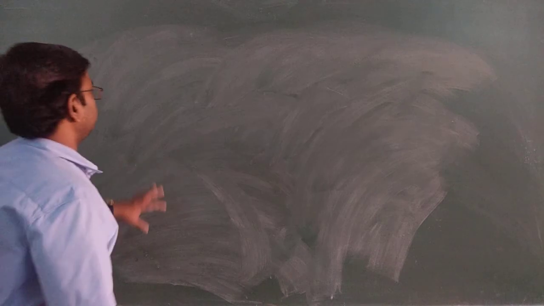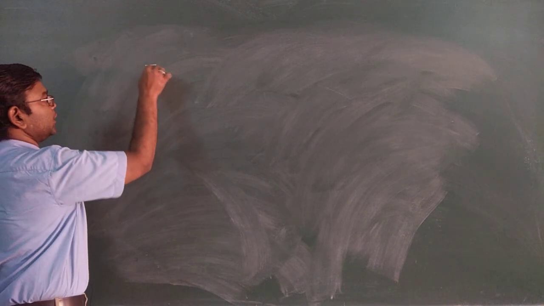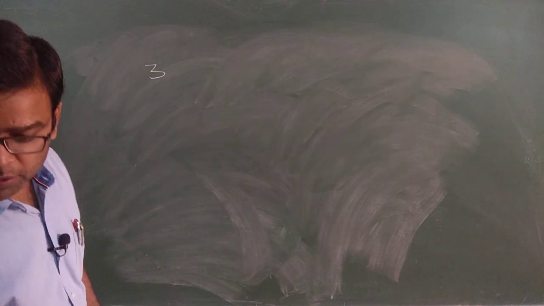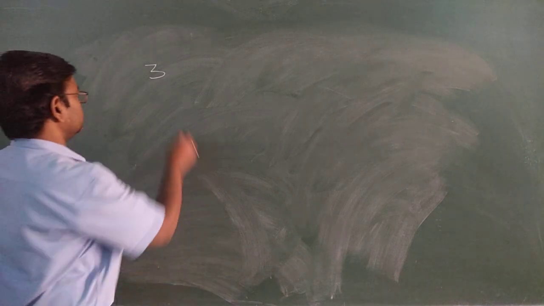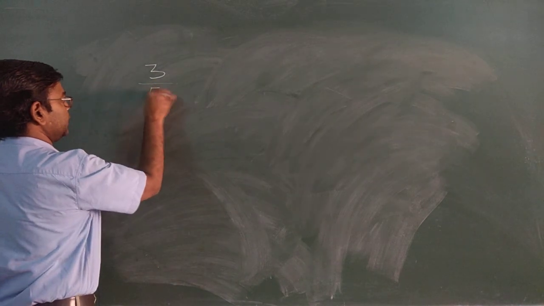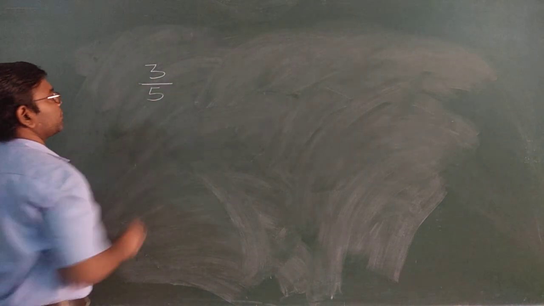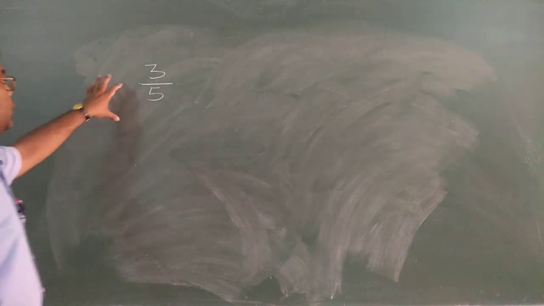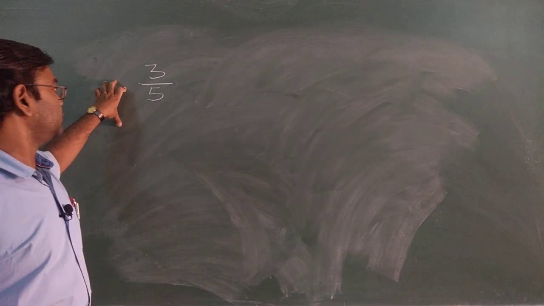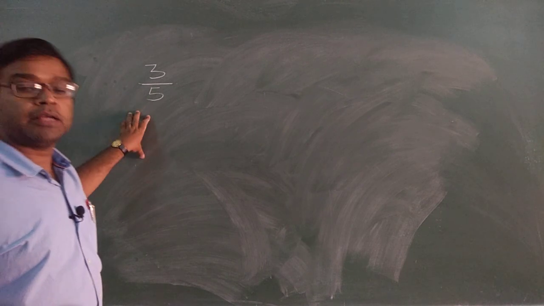In this case, the question says to write 4 rational numbers equivalent to each of the following rational numbers. You have to write them down. So I am choosing another fraction, which is not given in your question part, so that you can easily understand. It's 3 upon 5. The question says to find 4 equivalent rational numbers. So how do we find the equivalent ones?